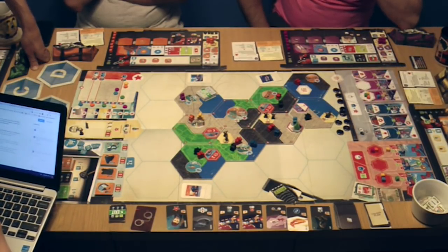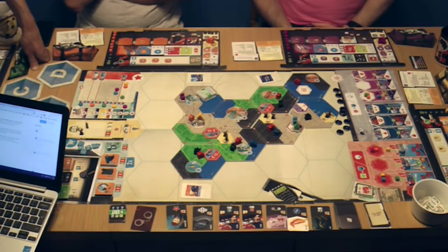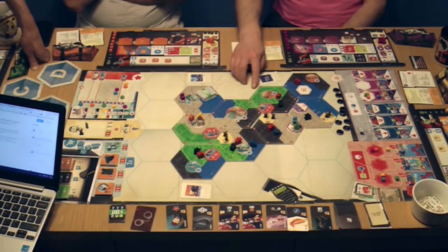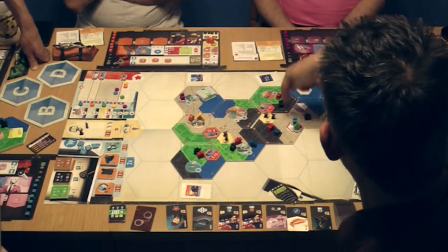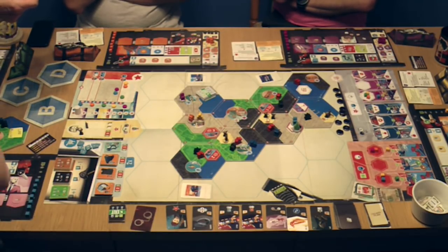So, water can only be crossed using normal movement if there is a ferry icon on the water space of a city tile that is part of the same body of water. Presence of a ferry icon indicates there is a ferry on the entire body of water, and it can be used even if your movement does not start or end on the tile with the ferry icon. Okay, that's better than I thought. So that F is actually the whole thing. There's a ferry operational here. So which one do you want going down? Let's have the...